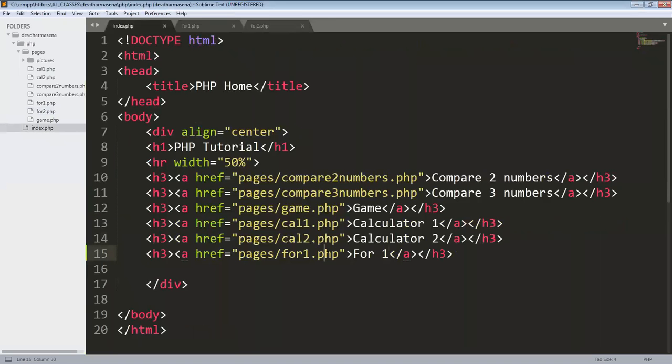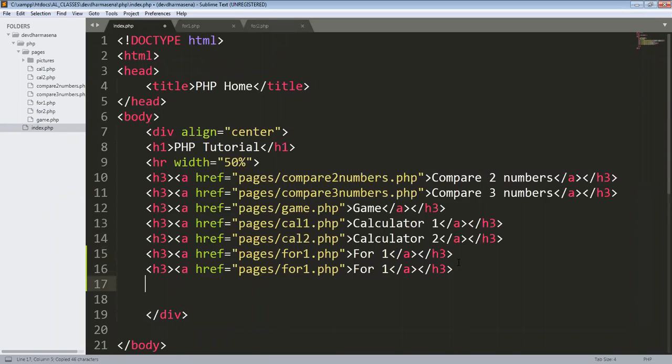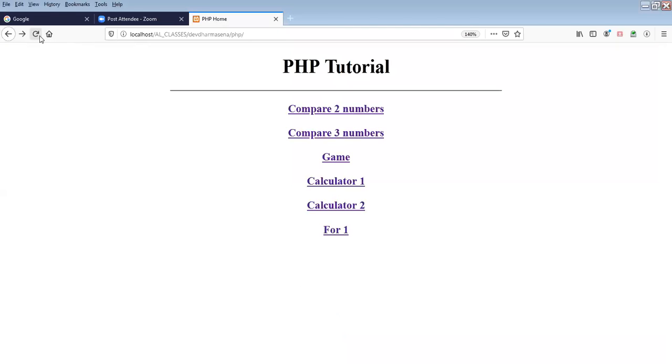Okay, right. So let's see how it will appear on the browser, right? Okay, I forgot to put the link. Okay, so we'll create a link for that. So my multiplication table will be on for loop 2. Okay, for 2, I'll say multiplication table. Okay, right. So now we can see it at the browser, right? So I'll refresh the page. So the link appeared.